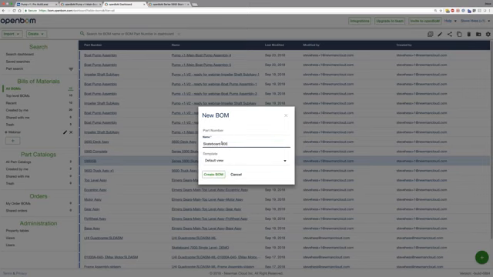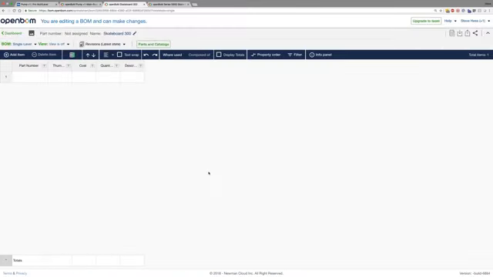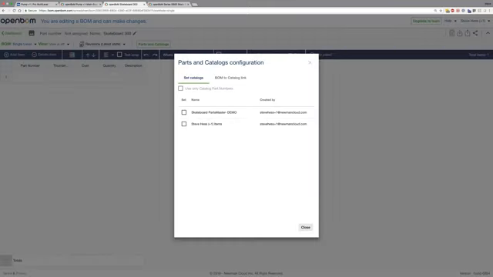So it'll be the skateboard 3000. And the first thing I'll mention here is that we populate with some of the most common properties. And what we're going to do is attach a part catalog.